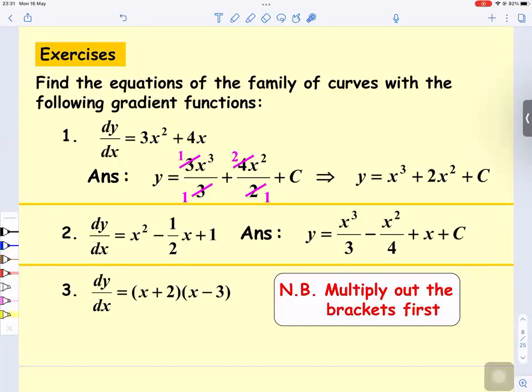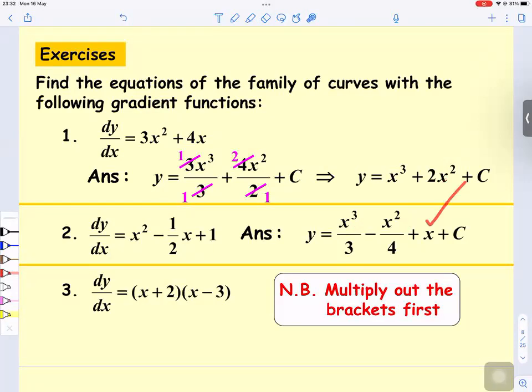Welcome back. So this is the answer you would have. y equals x cubed plus 2x squared plus c. Don't forget to add the constant of integration. Note when you integrate 3x squared, you add 1, it becomes 3x cubed. You divide by 3. 4x to the power 1, you add 1, it becomes 4x squared, and you divide by 2. And for number 2, your answer is y equals x cubed over 3 minus x squared over 4